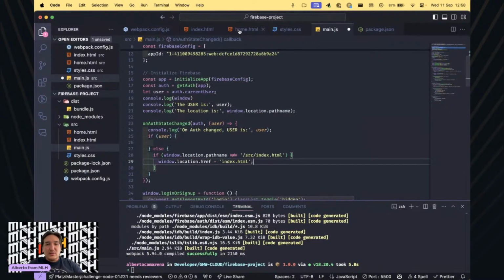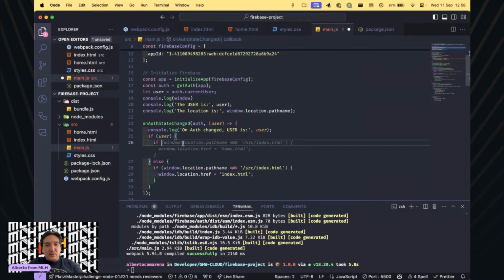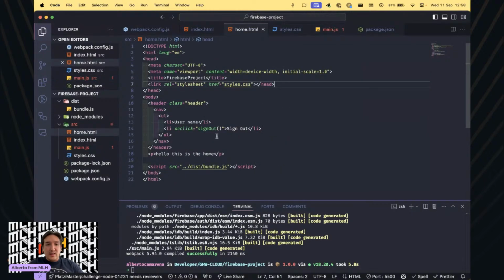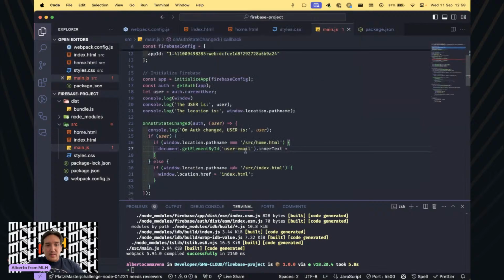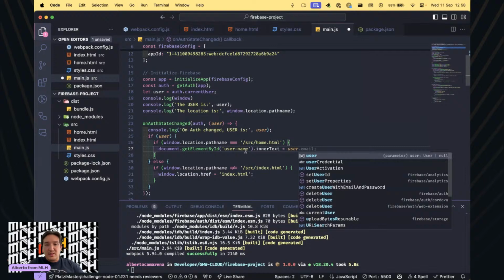Anticipating this to the future, if we're on home, if window location path is slash home, document get element by ID, and the element I want is ID user name, inner text will be user dot